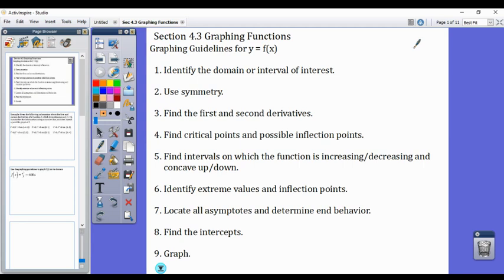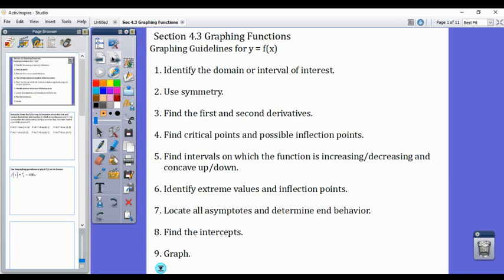We are going to find our first and second derivative. And from the first derivative, we are going to locate any critical points. From the second derivative, any inflection points. And then we're going to actually find all of the intervals for which our function is increasing, decreasing, concave up, and concave down. We're then going to identify any of the extreme values and inflection points, locate any of our asymptotes, and determine our end behavior, find any of the intercepts, and then graph. Okay? All right, so let's start with